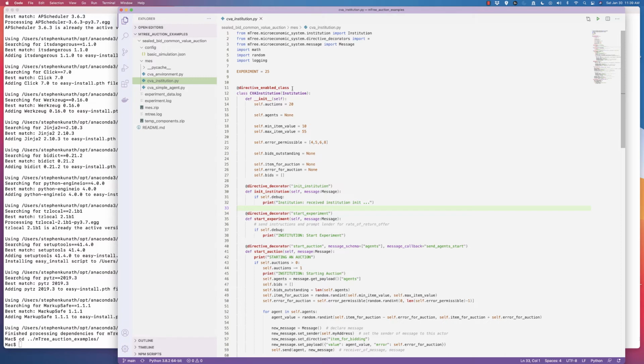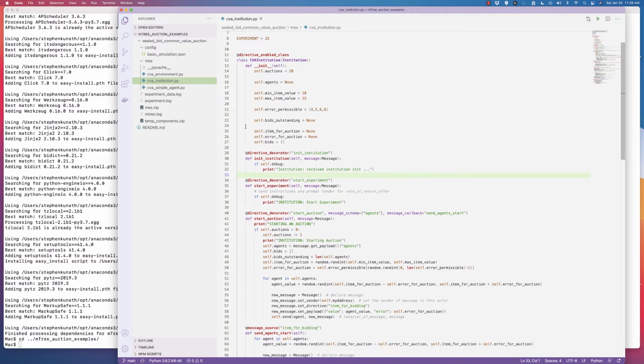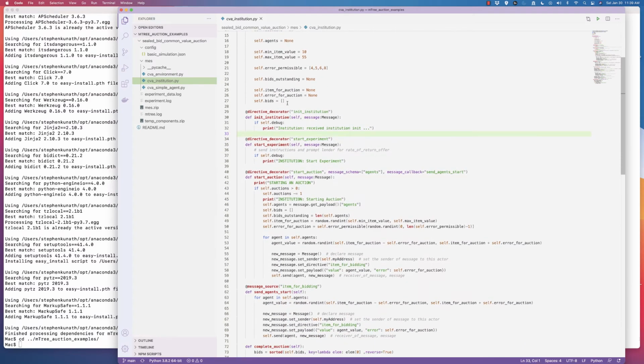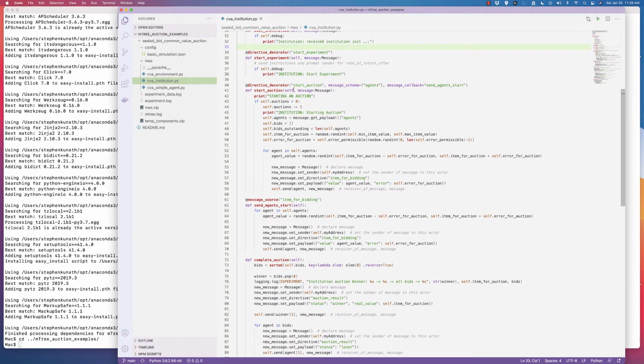So this is, again, a directive-enabled class. We set up some initial properties. We'll talk more about those in future videos. We have a couple of random directives, which we're not going to really spend too much time on. But then what you'll notice is that we have a decorator for start auction. And then we have a message schema, which will specify the fields that you expect in the message itself. It's not enforced right now, so that's just an expectation. So we would be able to document what's going on in the message space. And then we also have a message callback, which is not fully utilized here, and we'll explain how those operate,